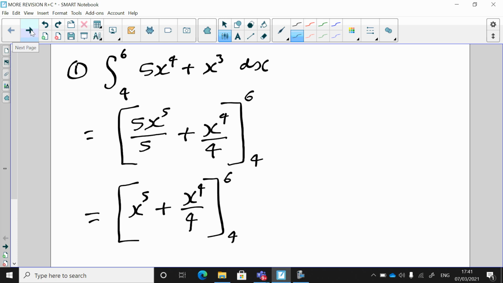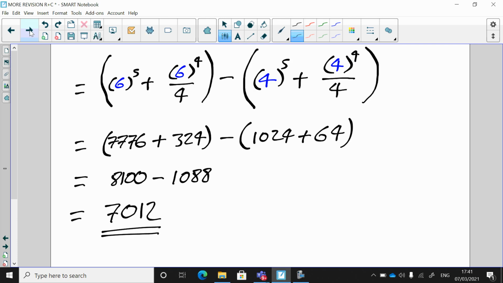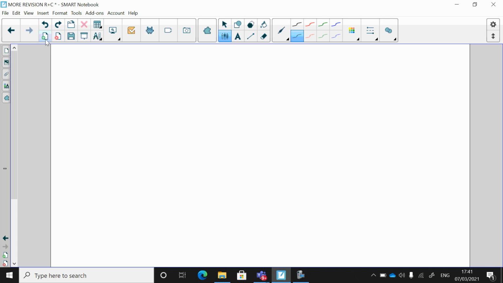Next part is evaluation, 6 and 4. In the first bracket, insert the 6 in place of x, and same in the second bracket with 4 in place of x. From now on, it's just numerical calculations, and that's you. Right, bang, there you go. Okay,